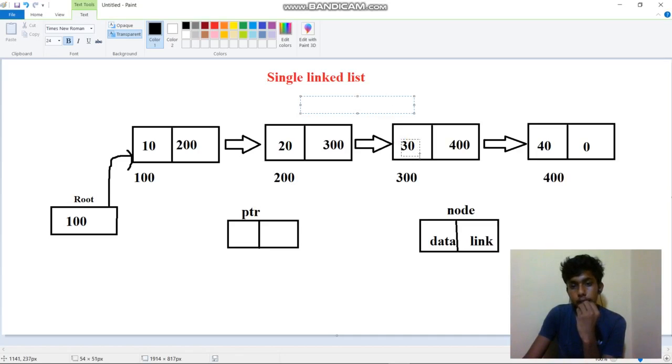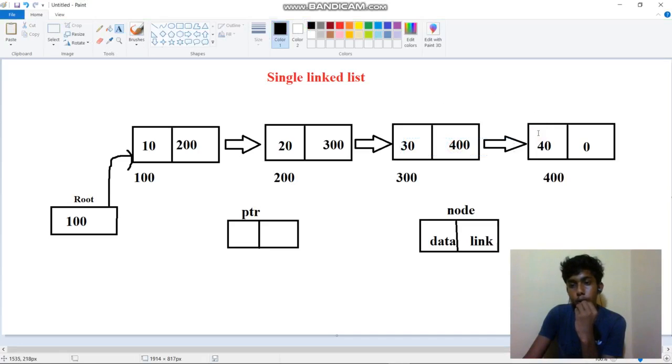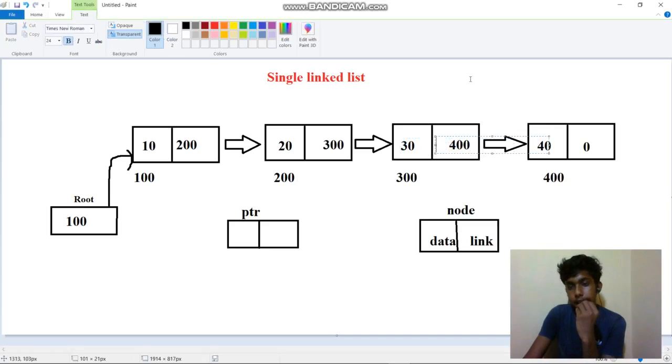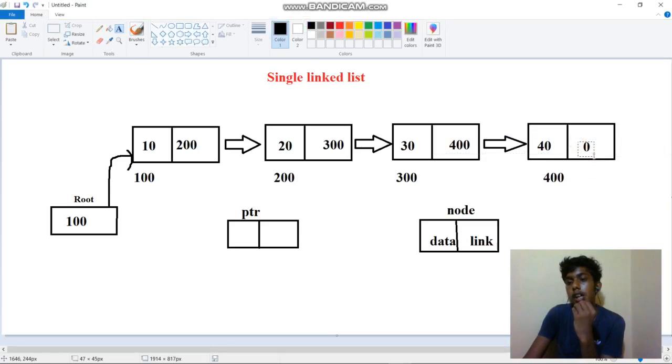Same in the third, we can access the third data and the third link path. The link path is the fourth node address. So we can access the fourth node data. And in the fourth, see here, the last I have given 0. That means 0 means this is the last node. It does not have any other element after this node.